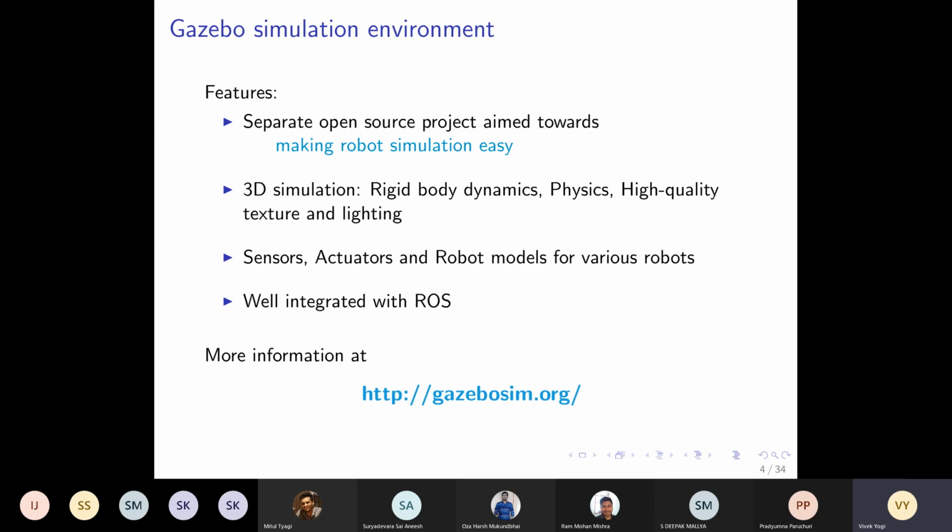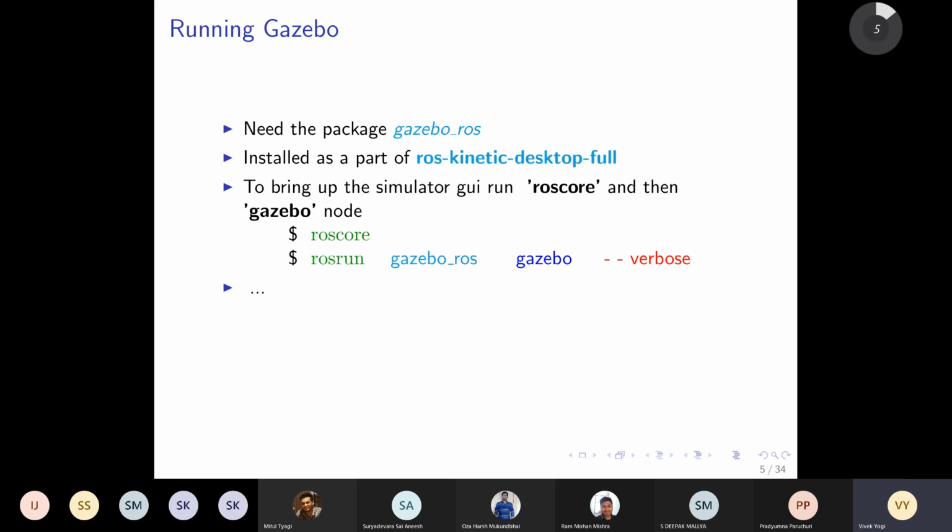ROS is a separate software, Gazebo is a separate software, but you won't notice that because it is so well integrated. And remember from last time, in ROS everything is a package. So the coupling of Gazebo and ROS is also happening with the help of a package, and that package is called gazebo_ros.